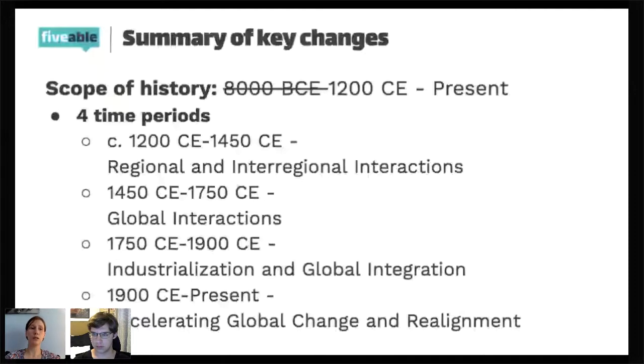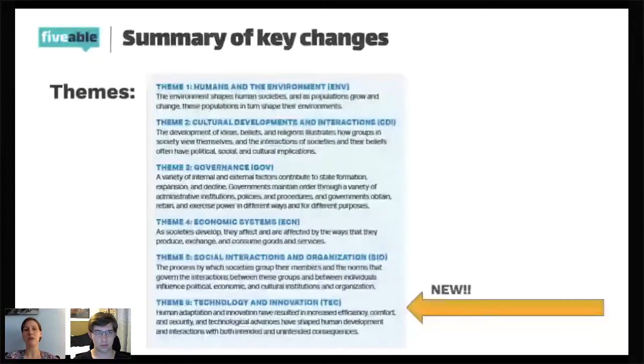Along with the time periods, one of the other big changes is we got a new theme. We had 5 themes before, and we have the new theme number 6, technology and innovation. Previously, technology was linked up in the culture theme and the environmental theme. But now it has its own theme, which it's about time. There have been so many questions on previous AP exams asking specifically about technology that we might as well tell students up front that this is something that's important enough.